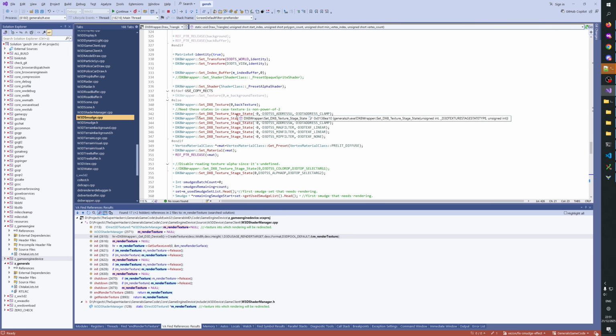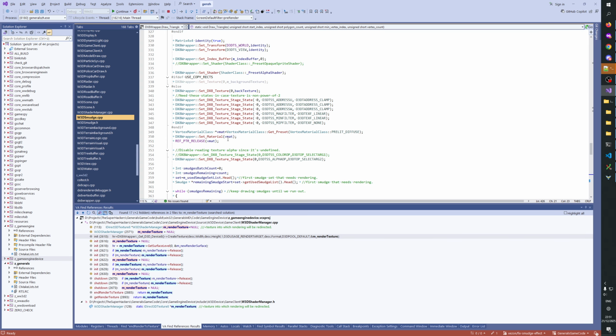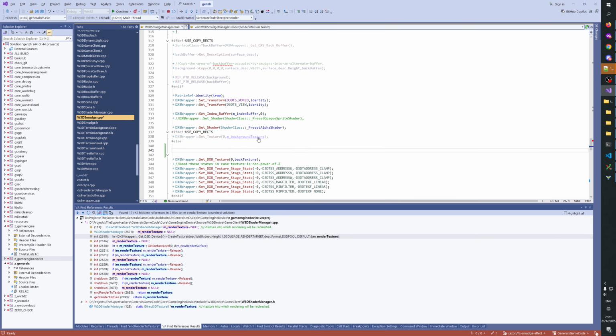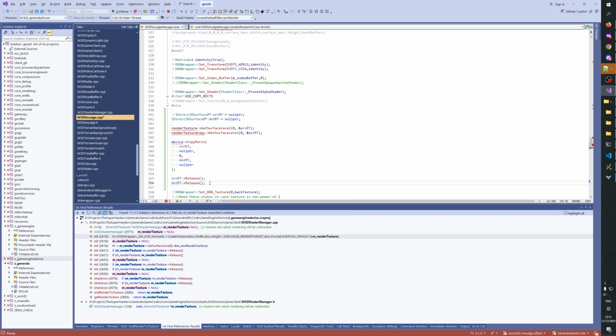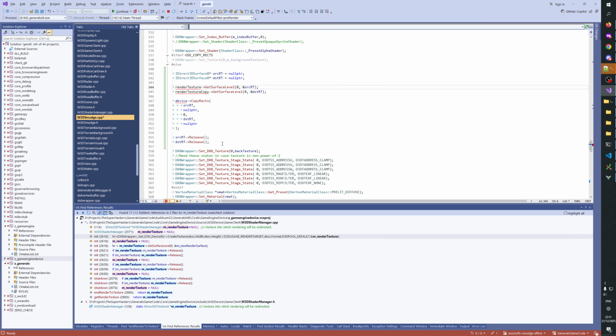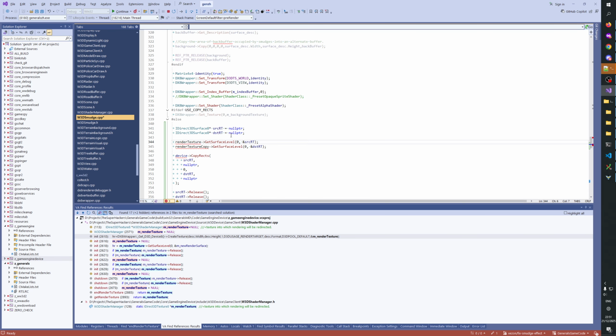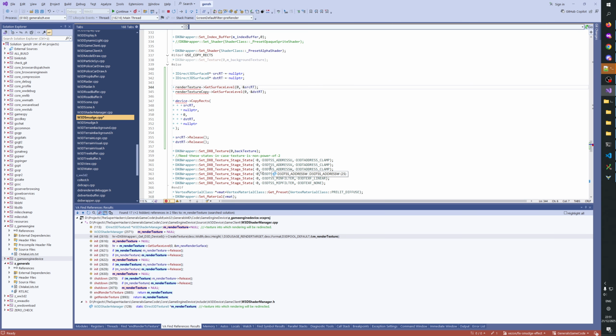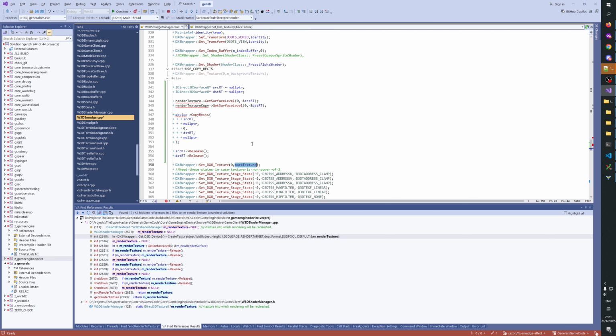Okay, so let's go here. Let's go here. Then we do this. Source our team. So where's our render texture? Back texture. So